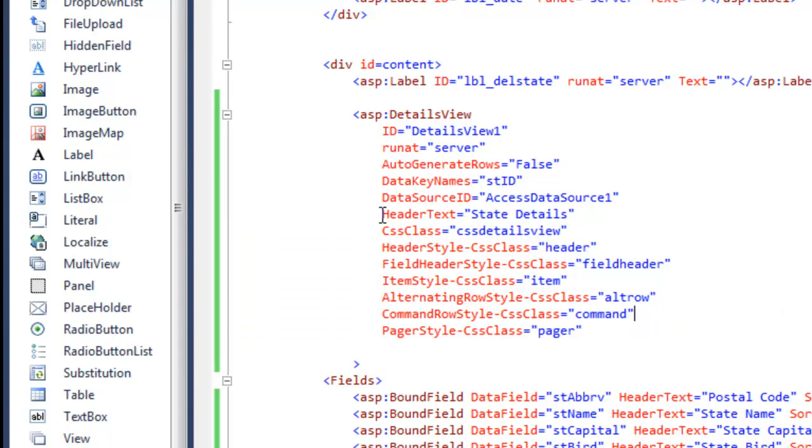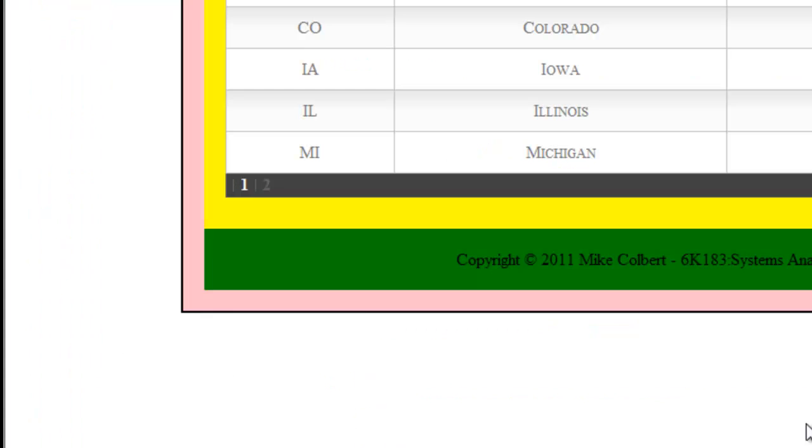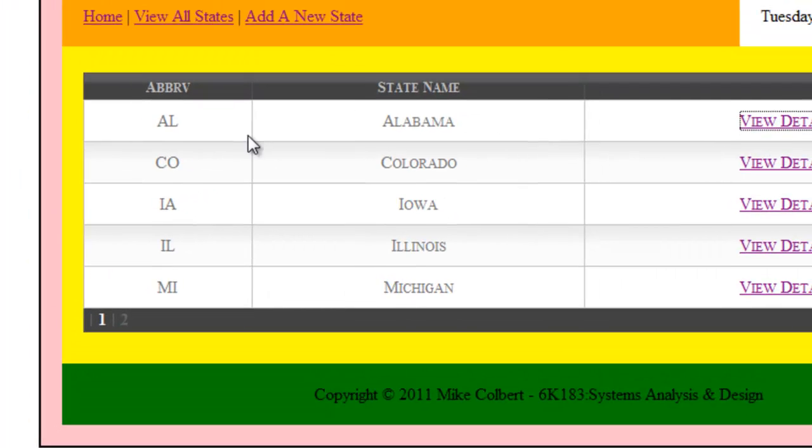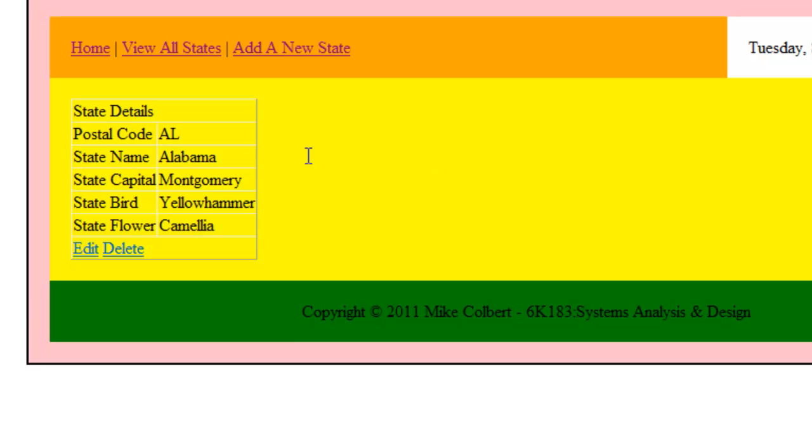So one of the first commands I put in there was one called state details, and state details just puts a header across this. So when I go into an individual state, state details just puts a header on it. I can take that off, the header goes away. So that could be, you could name that anything you wanted to name that, state facts or whatever the case may be. When I'm looking at it,